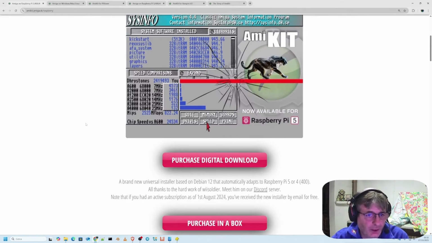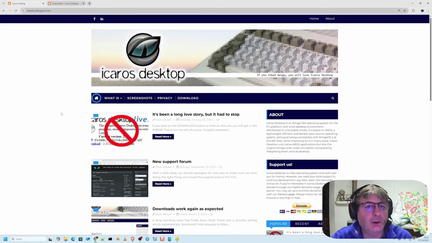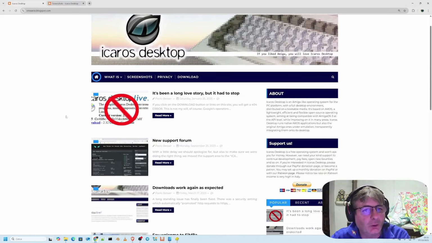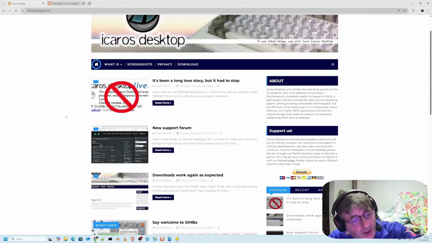Well, clearly it's a paid product, but it's aimed at being what we could call a modern Amiga. Of course, anyone involved in the Amiga world has heard of Cross Desktop, which was created as a project several years ago, before 2010, by Paolo Besser, an Italian journalist and developer, with the idea of simplifying the use of Aros, VMWAros, right? At the time, it was still rough and difficult to configure, not like what we've seen earlier.